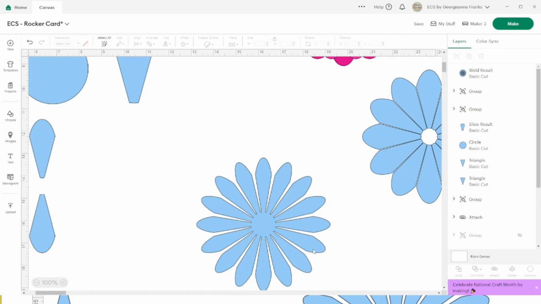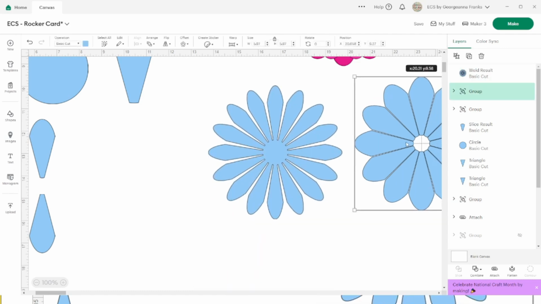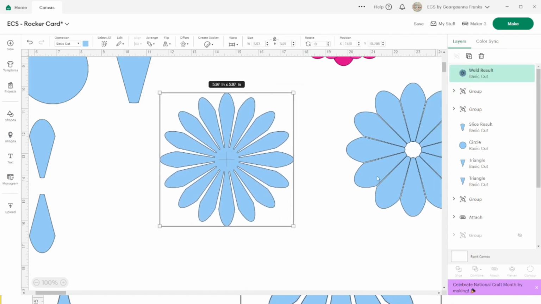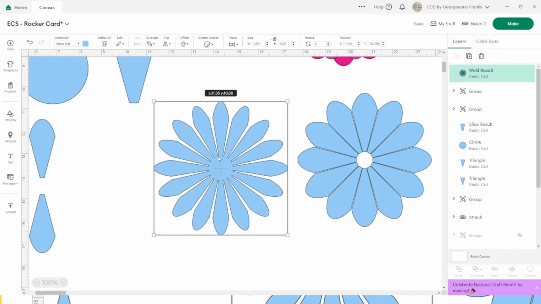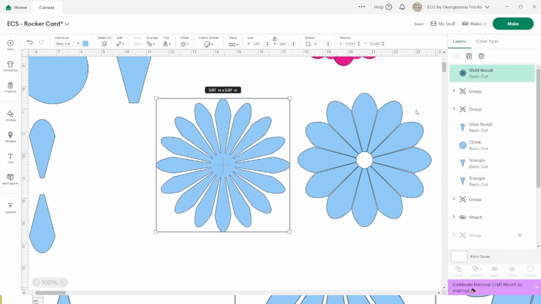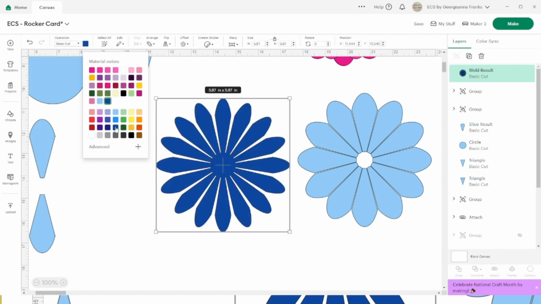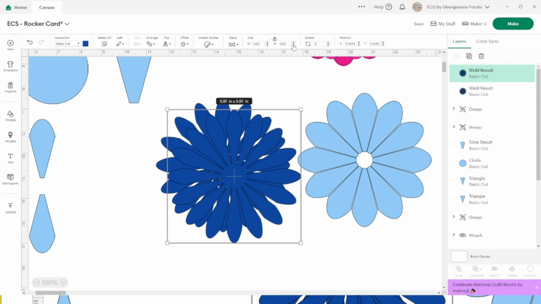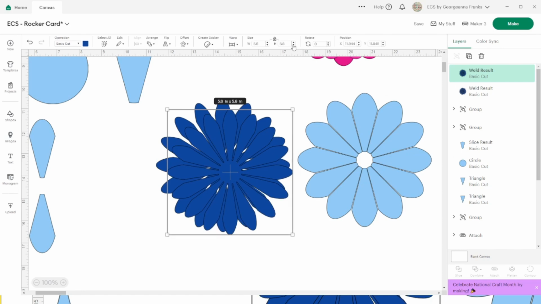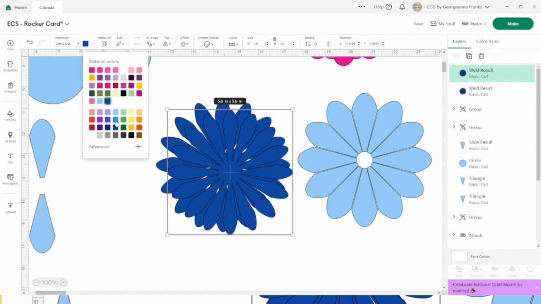So there you go. You've got two different flowers out of the same shape. You've just changed that shape by changing your proportions, by unlocking them and elongating them or shrinking them or whatever. This would be a really nice flower if you cut it in different sizes. So let's change this back color to a dark blue, and let's duplicate it, and let's make it a little bit smaller, and let's change the color a little bit,